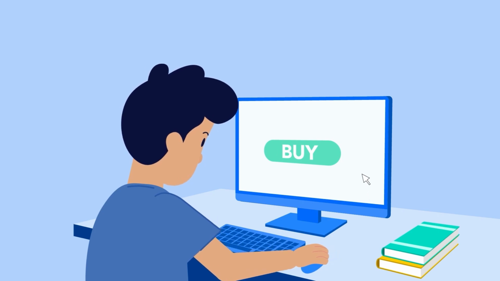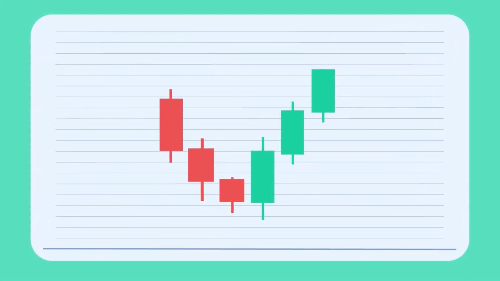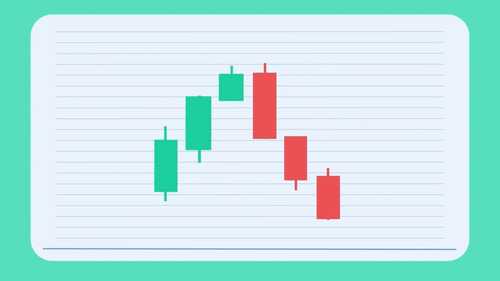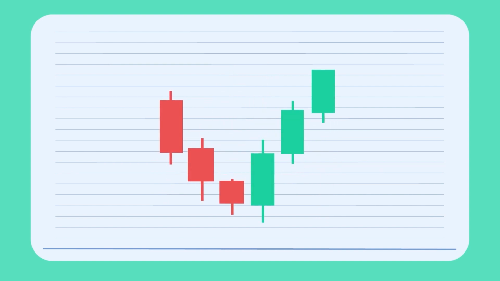However, it's important to keep in mind that candlestick patterns aren't the only thing you should rely on when making trading decisions. It's also important to consider other technical indicators, fundamental factors, and your own risk tolerance. But by paying attention to candlestick patterns, you can get a better sense of what's going on in the market